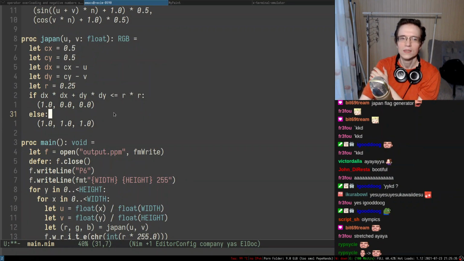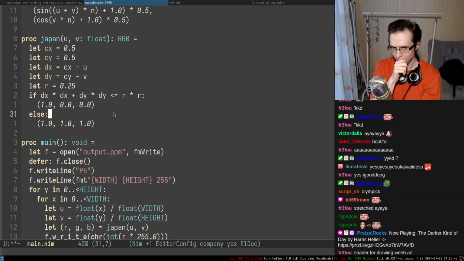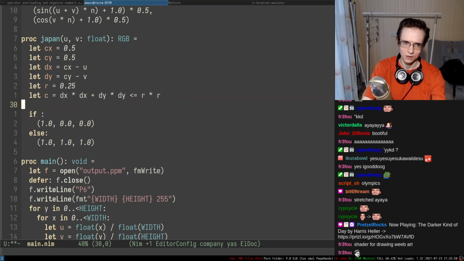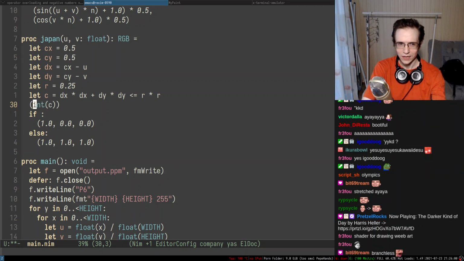I wonder if we can actually make it branchless, if you know what I'm talking about. Can you make it branchless? If you save this entire thing to a separate variable, and then what we return is, we want to convert it to float.